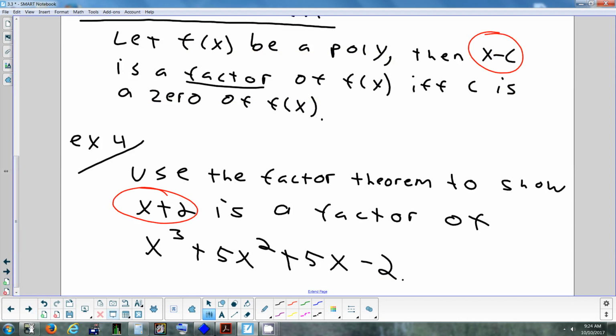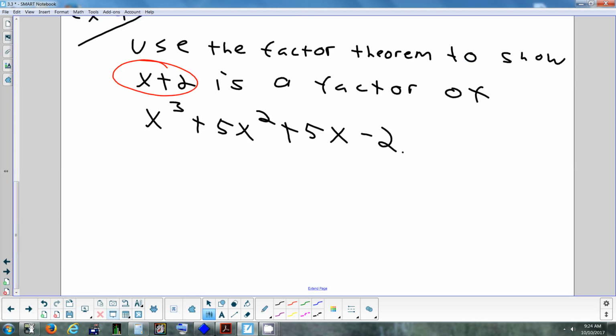If you get a remainder of 0, then you must have a factor. So let's call the bottom one h of x. Let's call this one f of x. So when we divide f of x by h of x,